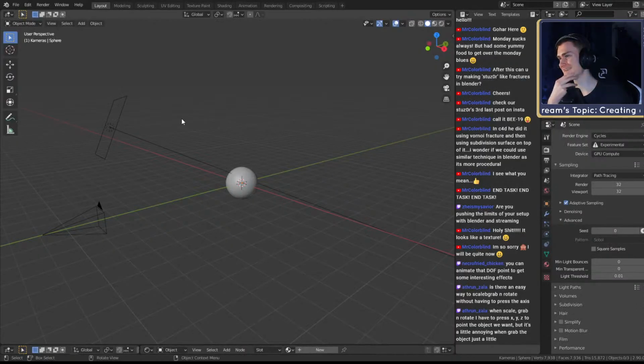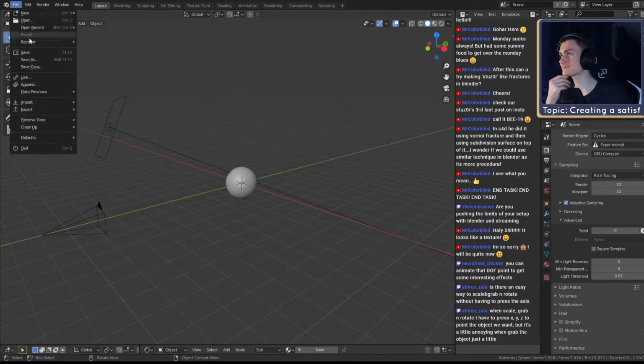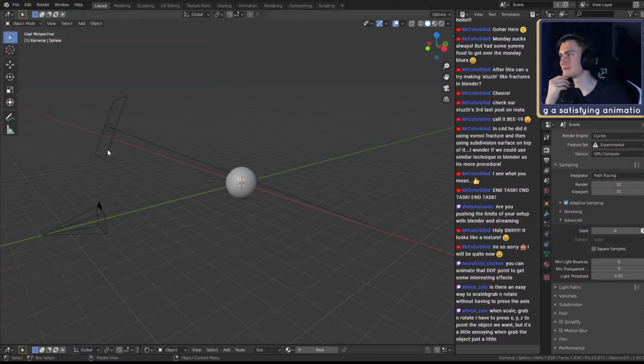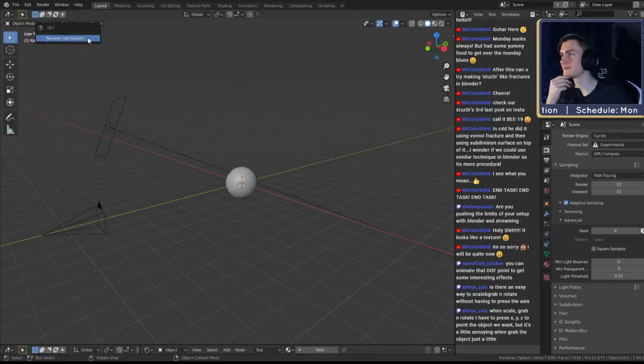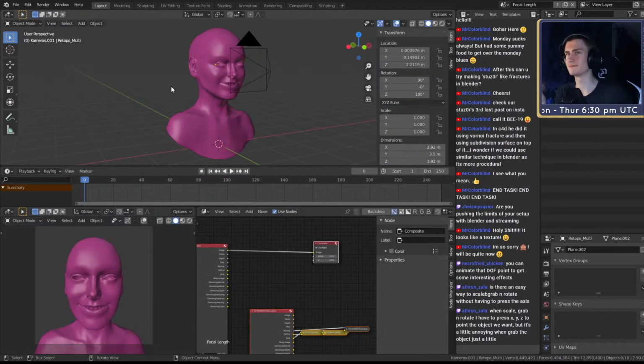Oh. Okay, Blender file, just as we were talking about it today. My Blender file just crashed. Not a big deal, because it's recoverable. Oh, last session. Hold on, I've never used this. Oh, wait, what? That's not my last session? Okay.